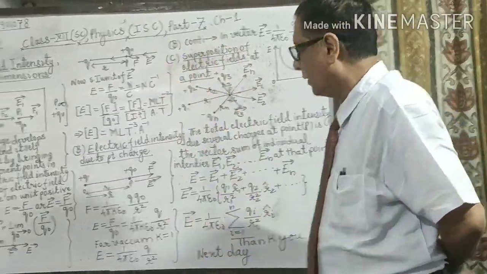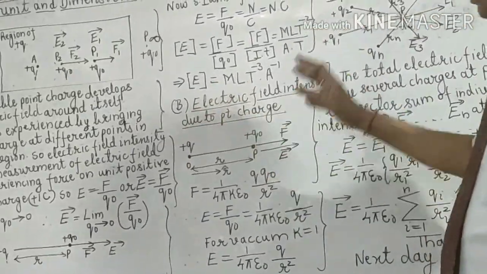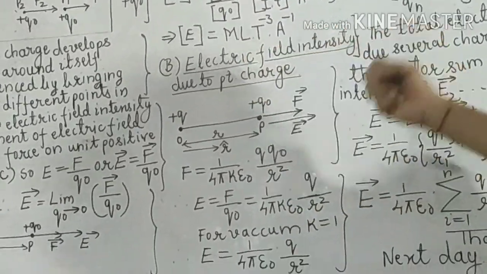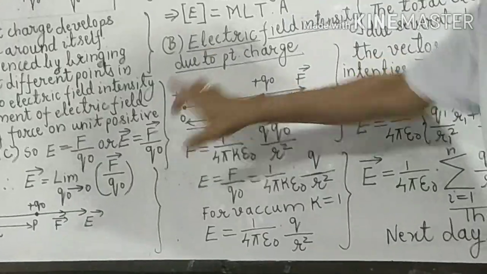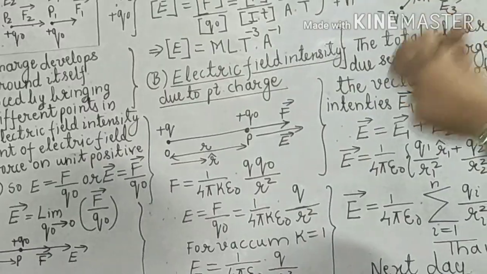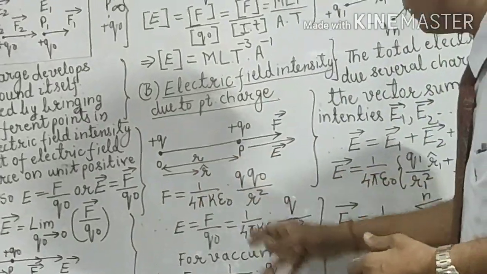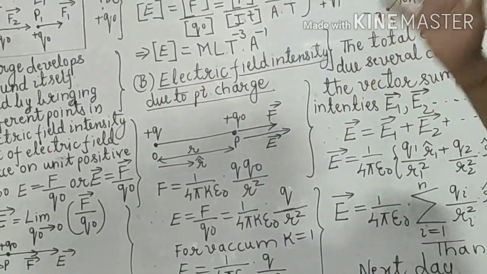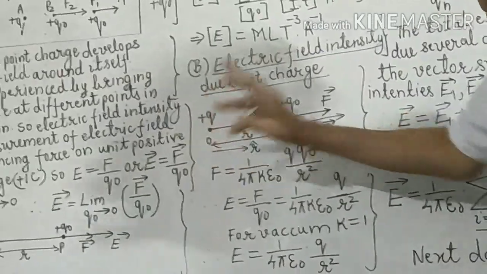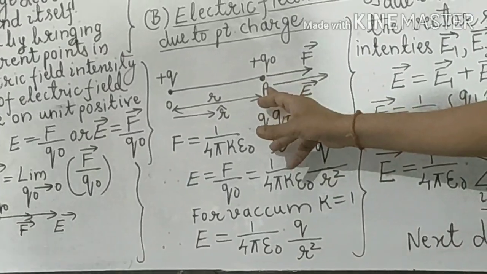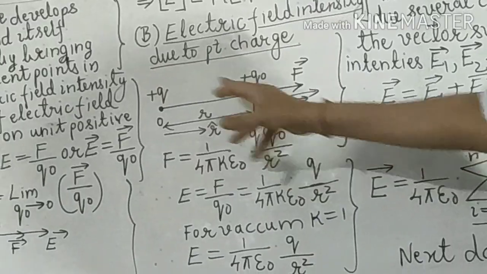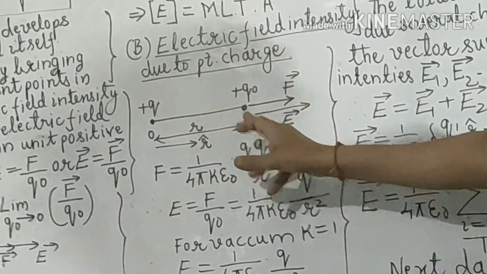Again I am continuing. This is part B. To calculate the E vector, electric field intensity, due to a stable point charge plus Q, you have to make the formula of E vector in terms of R and Q. That is another new formula. So, this is a stable point charge plus Q. This is a point P where you want to calculate the electric field intensity in terms of Q and distance R. P is at a distance of R.